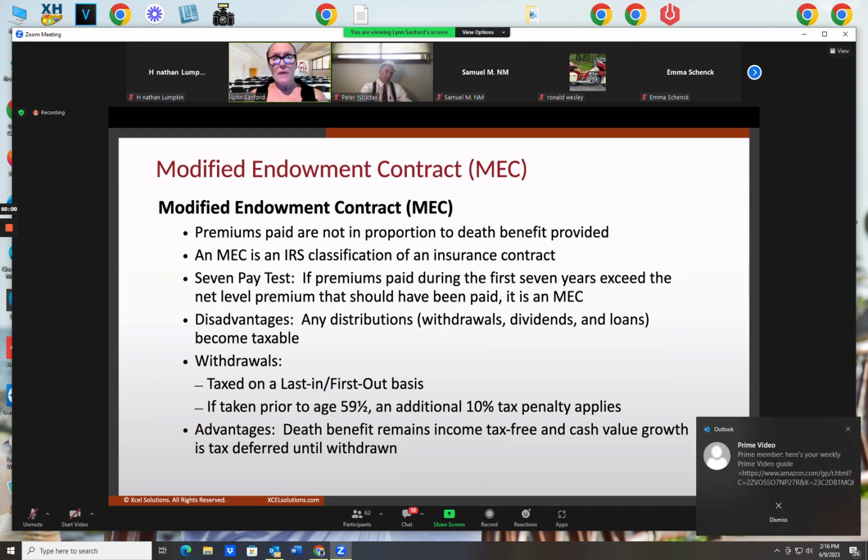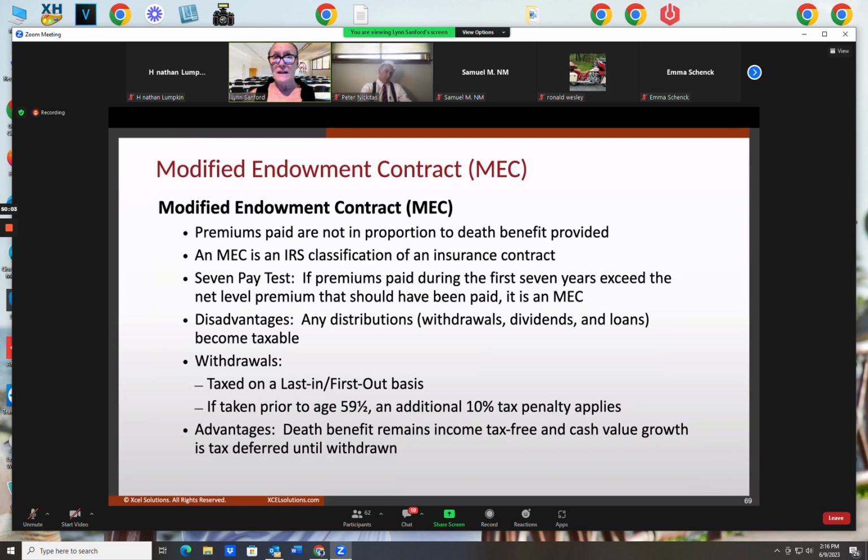But if the contract has been made a MEC, a modified endowment contract, that means the policy owner has put too much money in the contract and allowed that cash value to rise too close, too soon, too quickly toward that death benefit. And all it has to do is fail one 7-pay test rule, and that thing is going to be labeled a modified endowment contract the rest of the life of that contract. So you never want a policy you own to become a MEC. You never want a policy you sell to your client to become a MEC.